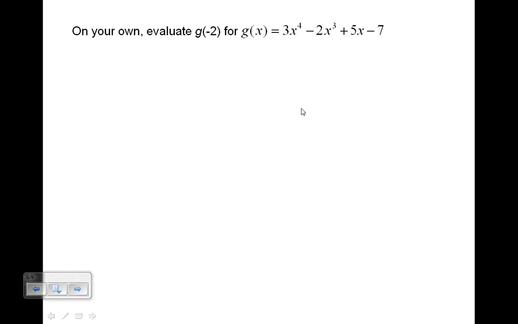And you should get a solution. You should find out that g of -2 is 47. So if you've got that, looks like you followed the procedure correctly. And we'll do some more synthetic